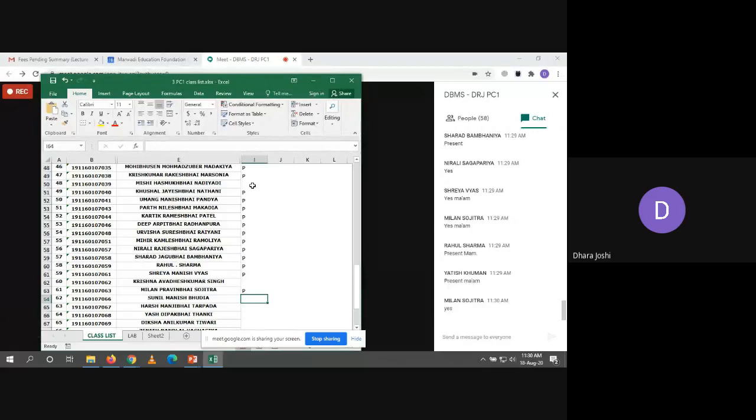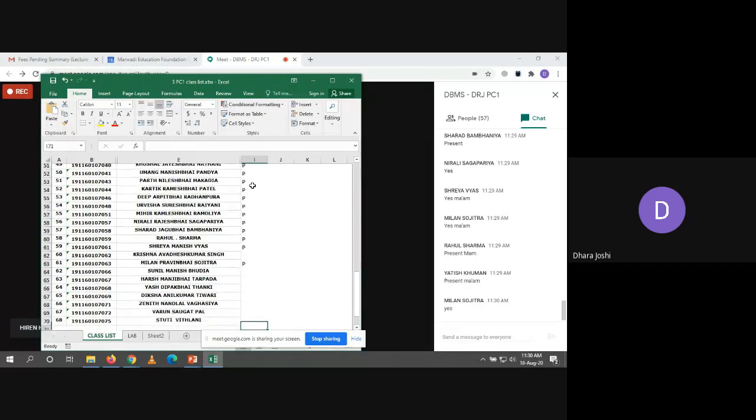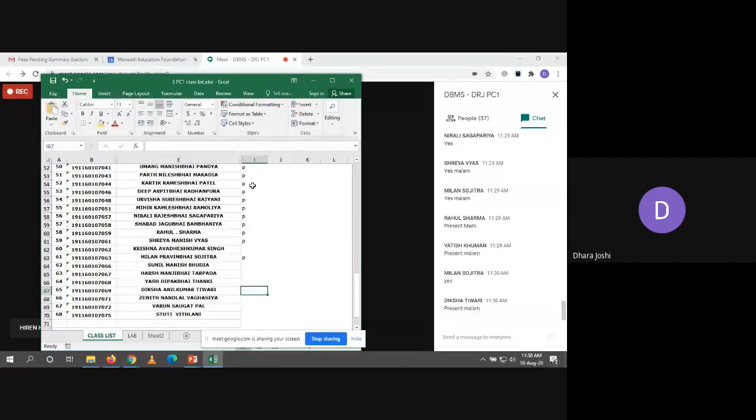Milan present. Sunil, Harsh, Diksha, Varun, Stuti. Yash is present, okay. So absentees for today, if anyone is present, let me know in the chat box.